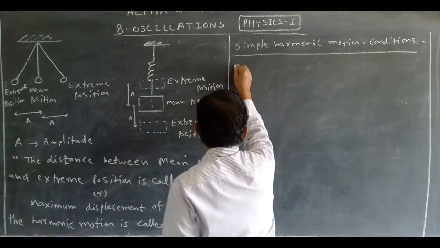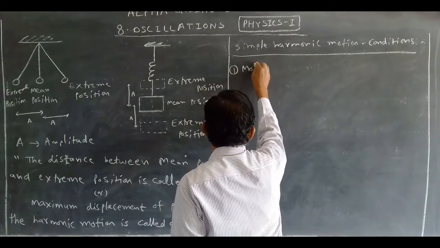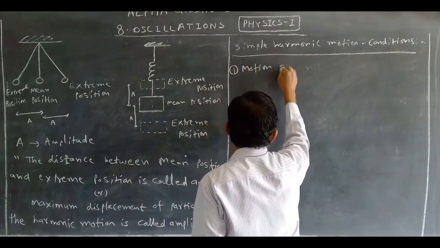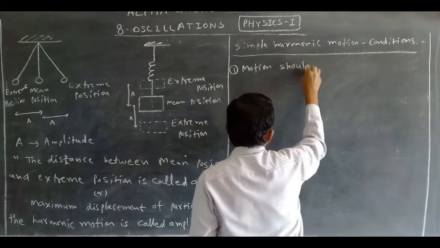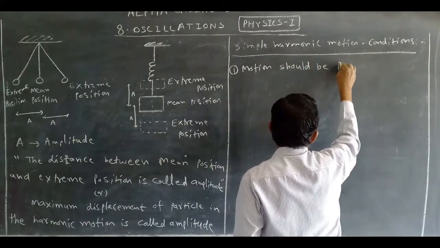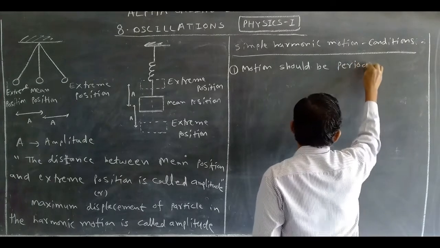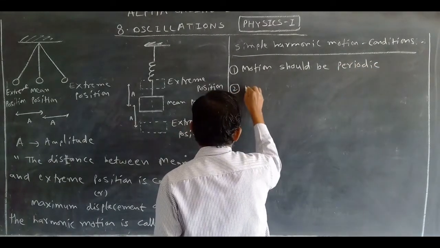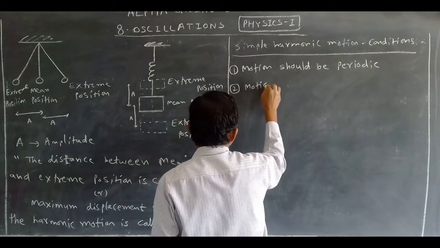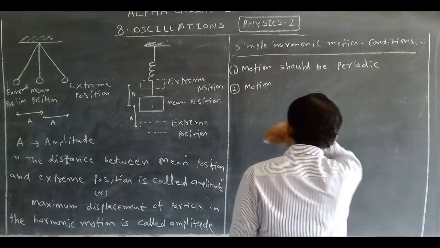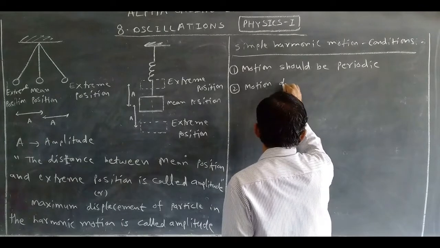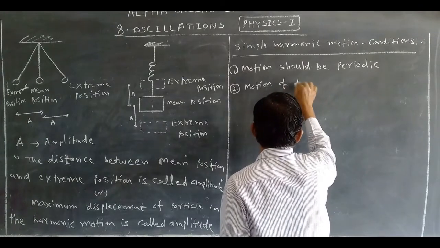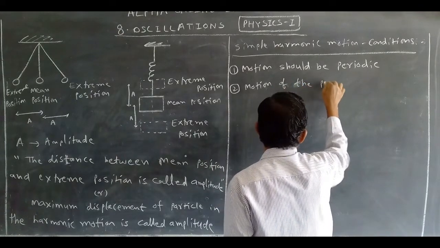Number 1, motion should be periodic. Number 2, motion of the particle